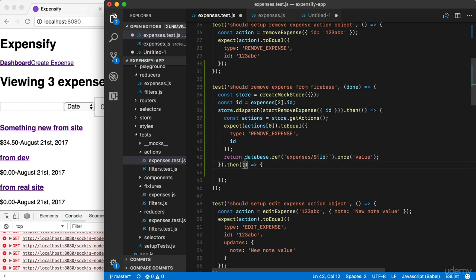I have access to the snapshot, and we're going to use the snapshot to make sure the data was actually deleted. And I mentioned that when you use snapshot.val on an item that doesn't exist, you're going to get null back. So right here, I can expect something about